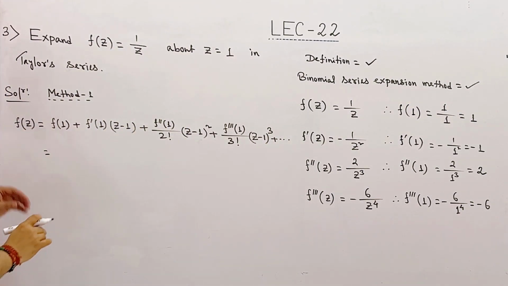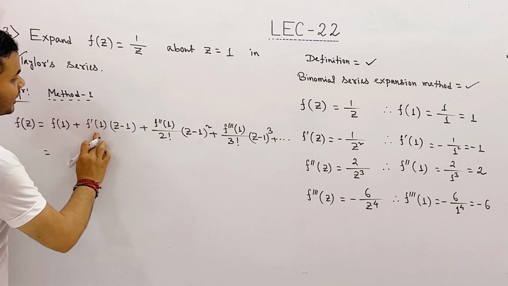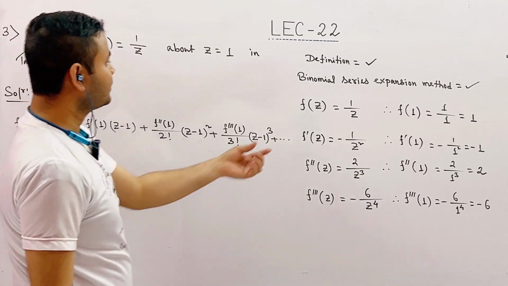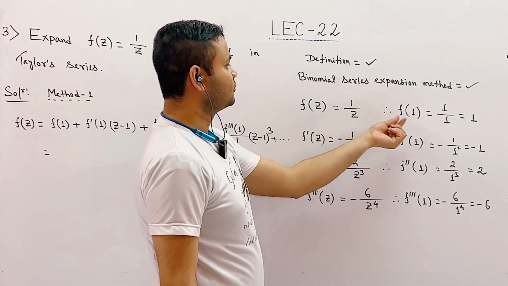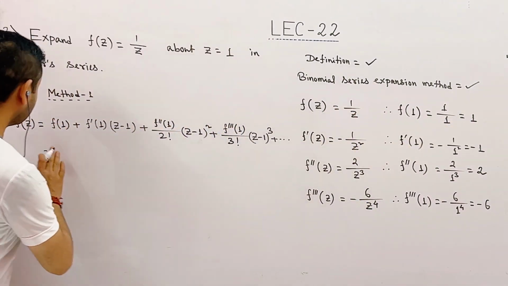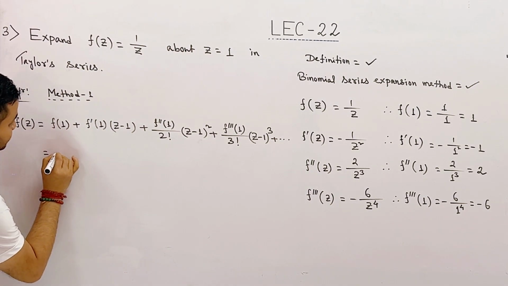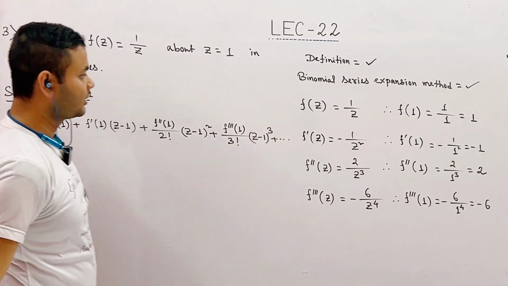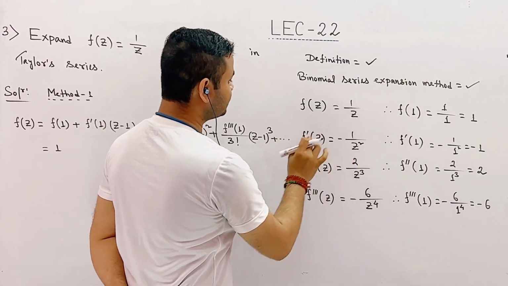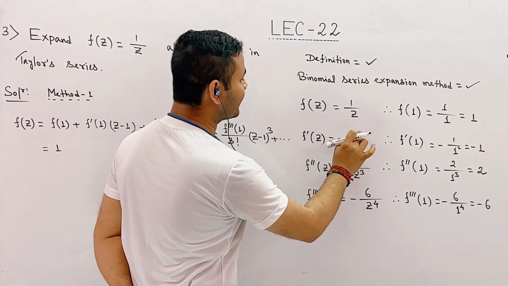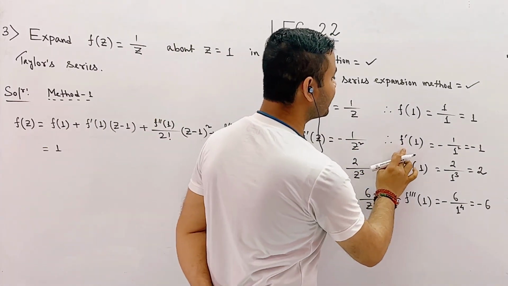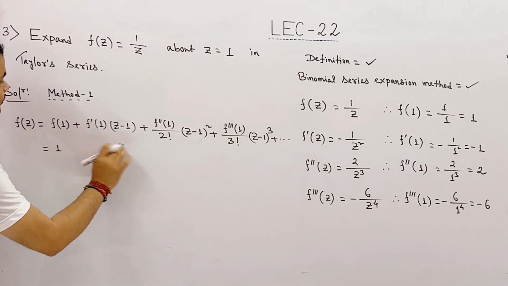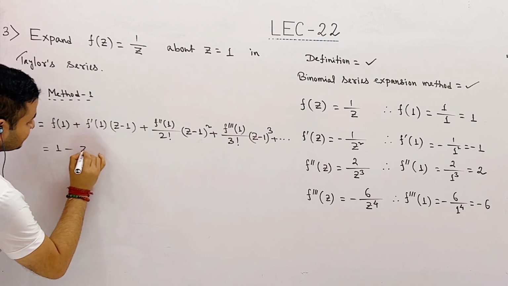Now let us find out the values of f of 1, f prime 1, f double prime 1, f triple prime 1, etc. We know f of z is equal to 1 by z. So, f of 1 will be equal to 1. So, the value of this term is 1. Now, let us find out the value of f prime 1. Since f of z is equal to 1 by z, so f prime z will be minus 1 by z square. So, therefore, f prime 1 will be minus 1. So, after substituting the value of f prime 1, we will get minus z minus 1